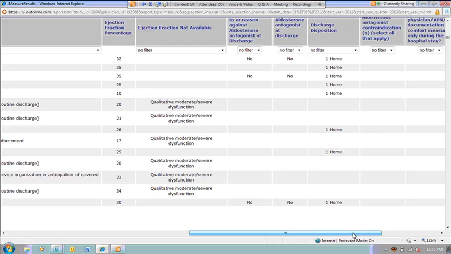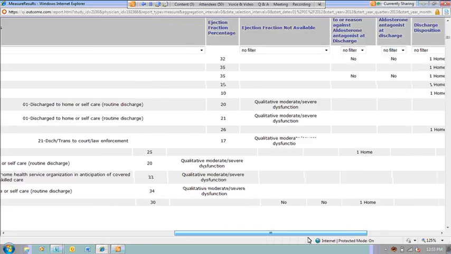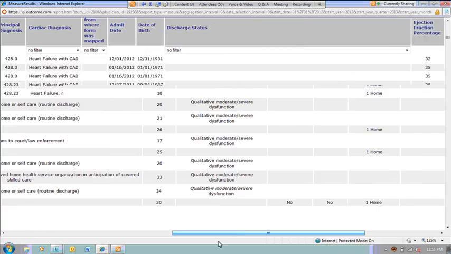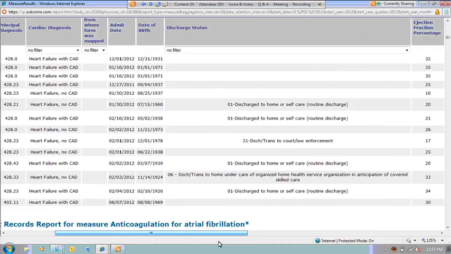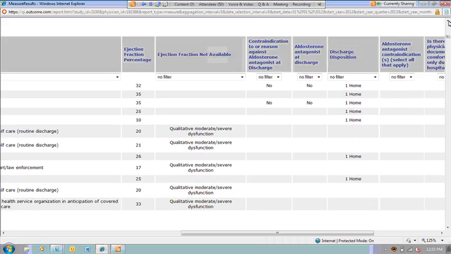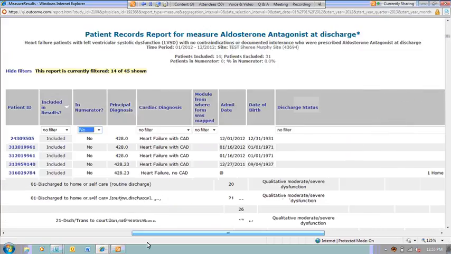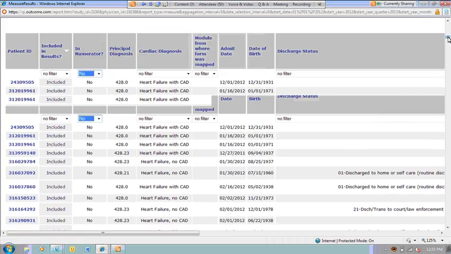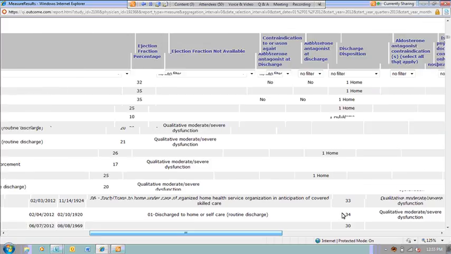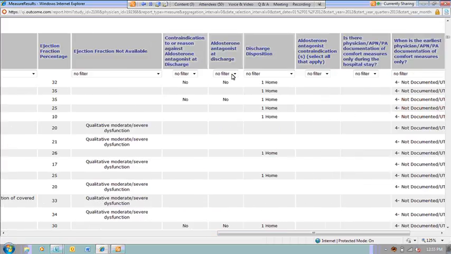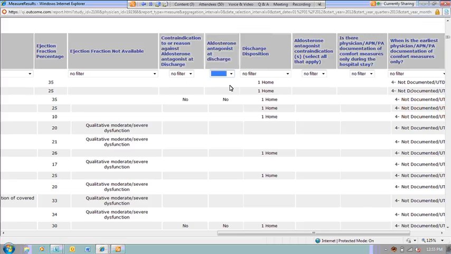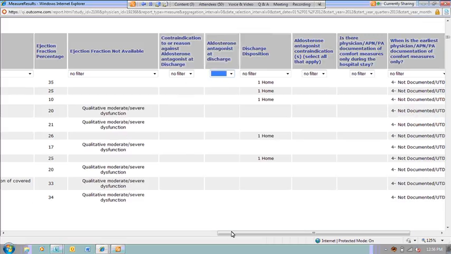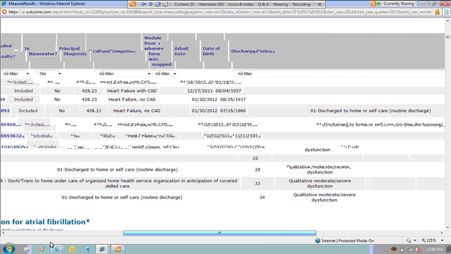I'll save you looking at the rest of the report, but looking at all those blanks, I would guess that the reason we're not meeting this measure is because we haven't answered the question. So perhaps the problem is you're not answering the data elements relative to the quality measures. So that's why you're not qualifying for the PLUS Award. You may be providing this care very well, but you're not collecting the data, which is why you're not qualifying for the measure. And how I know that is I can see all these blanks. I could actually filter for all of these blanks and see all of the patients who are not in the numerator simply because we didn't answer the question.